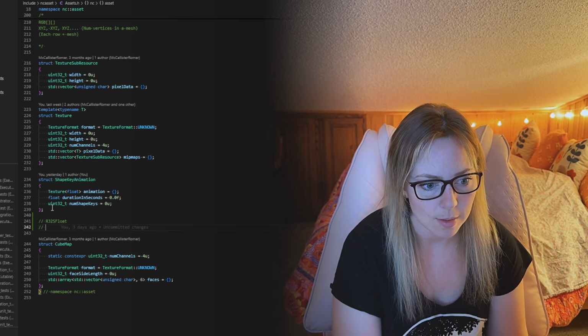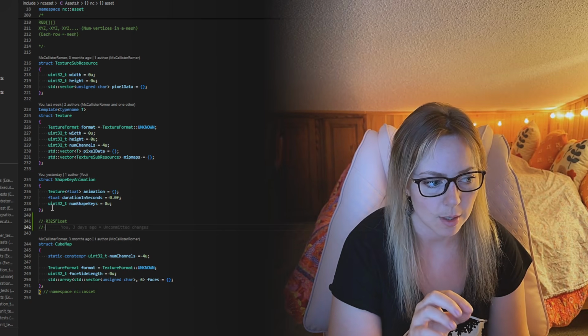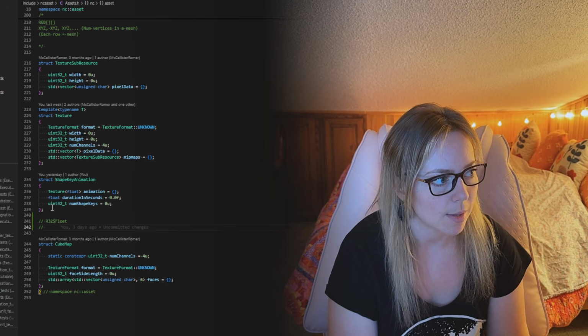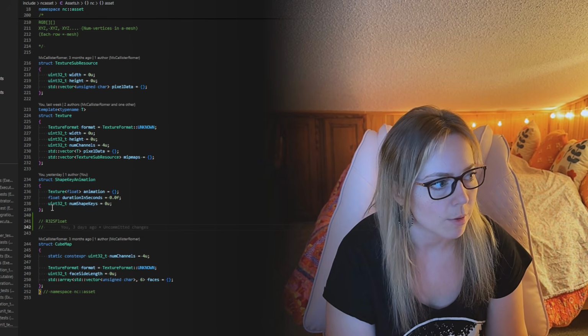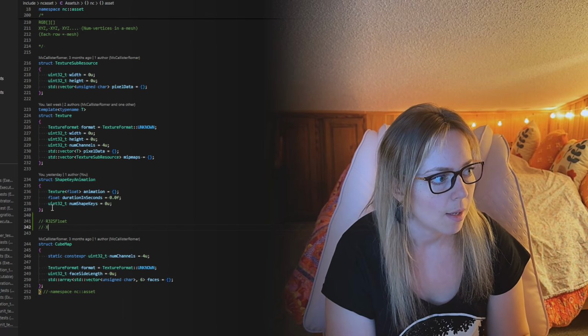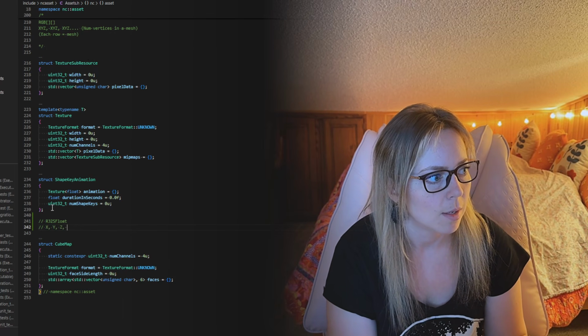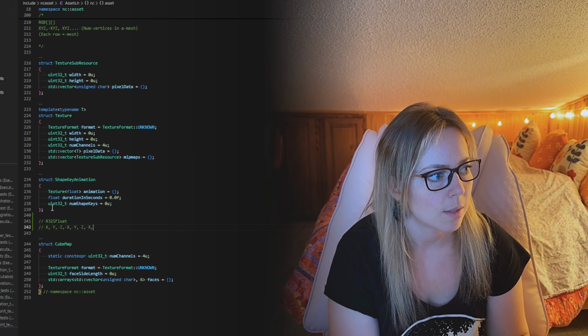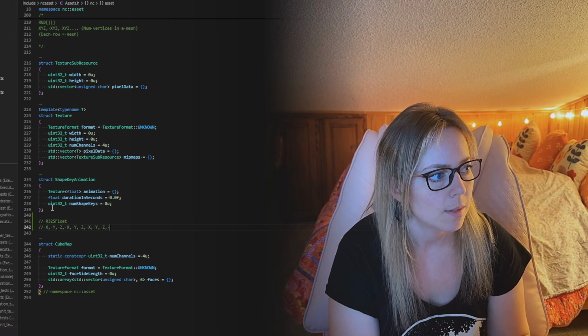A shape key is just a collection of vertex offsets for every vertex in the mesh. So the way that we've represented that here is, let's say you have a plane with 4 vertices. Our float format, the first row is going to be X, Y, Z, X, Y, Z, and X,